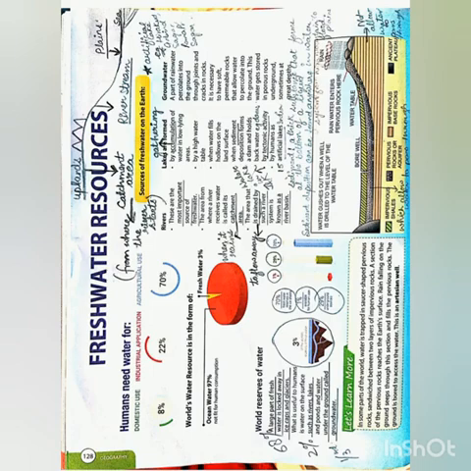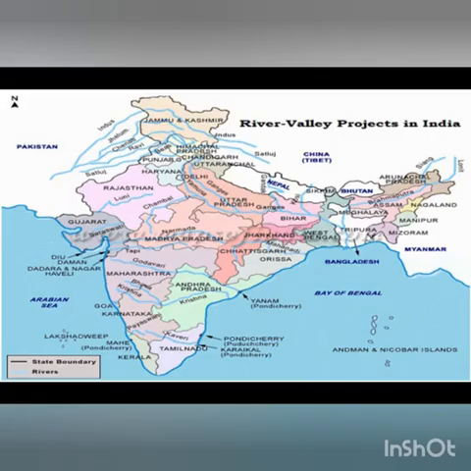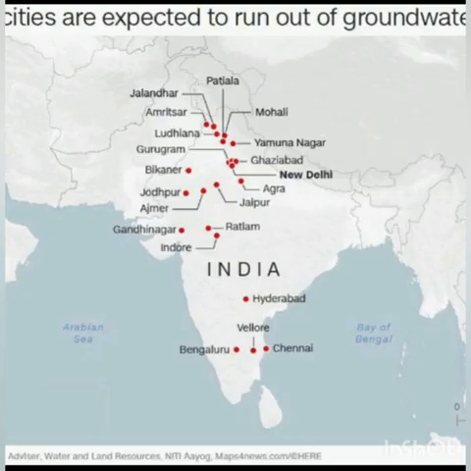That's all for the day, and tomorrow we will start the further same topic with the multi-purpose river valley projects, dams, canals, tanks, wells and tube wells. Also there is a map of freshwater resources in India, one is a map of rivers and another one is of groundwater. That in future Niti Aayog's Composite Water Management Index according to 2018, they have declared that 21